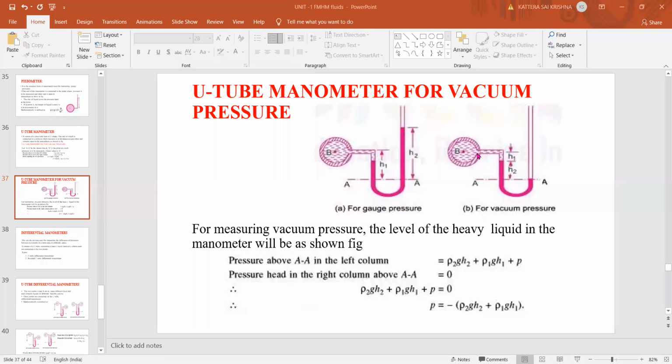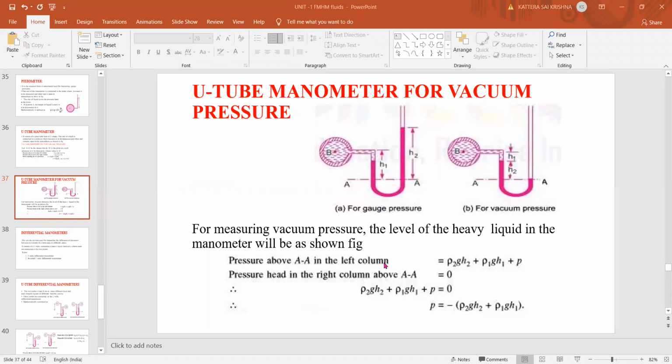Next, the pressure because of this height. So what is this fluid? This is the fluid flowing in the pipe, so that is taken as rho 1. So that is rho 1 G. The height of the fluid in the tube is H1. So rho 1 G H1 is the pressure created because of this head. Next we have mercury, this manometric fluid. The pressure created because of this is rho 2 G H2. So these are the three terms we'll get in your left column above your datum line, right? Any doubt here, please? Ask me if you have any doubt here.